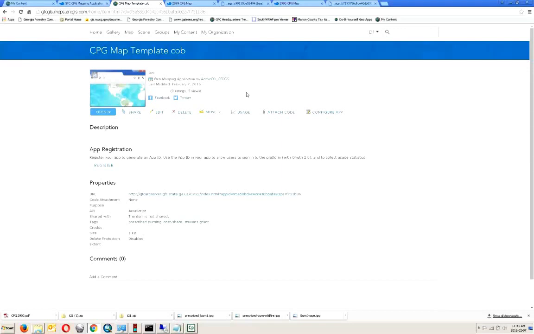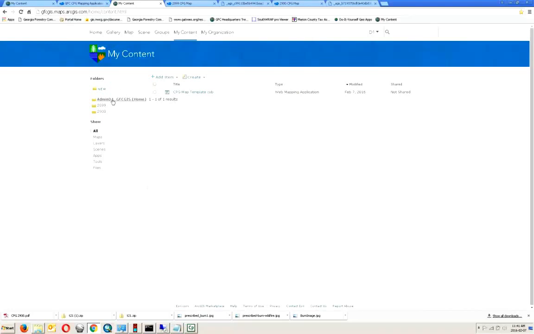And like I said, all it takes is you got this in your main content, and you just open up the properties. Let's go through that one more time. And then this is in your main content, and each of these folders will contain the maps and layers and the PDF map, the web maps that pertain to that tract. That's the recommended way to organize your files. But in the main folder will be this template,